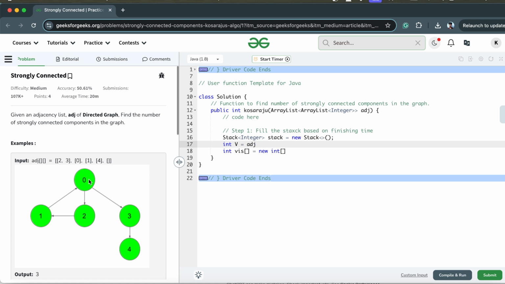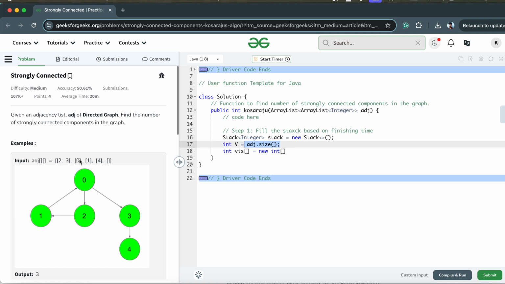So if we look into here, it is a two-dimensional array. In the input it is shown like this, but actually it is an array list of adjacent lists, right? So its size gives us how many vertices there are. Because there are four vertices, at 0 we have 2 and 3 as its adjacent nodes, right? So from the 0 we